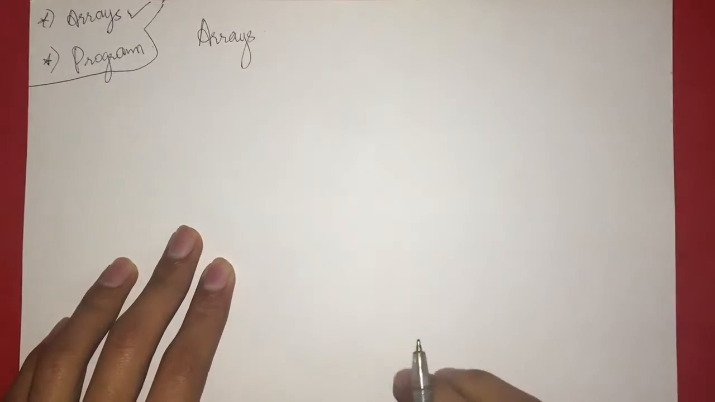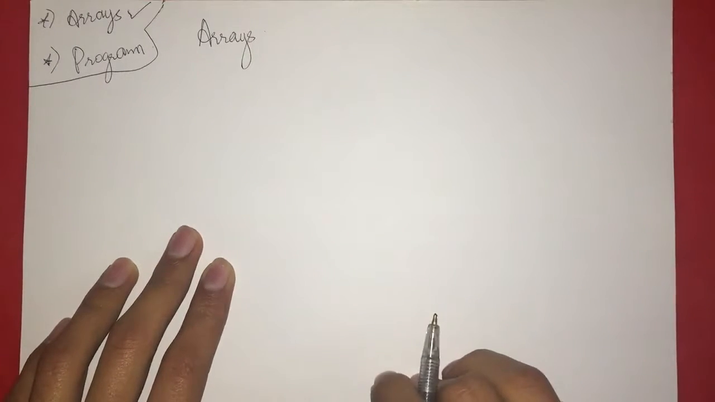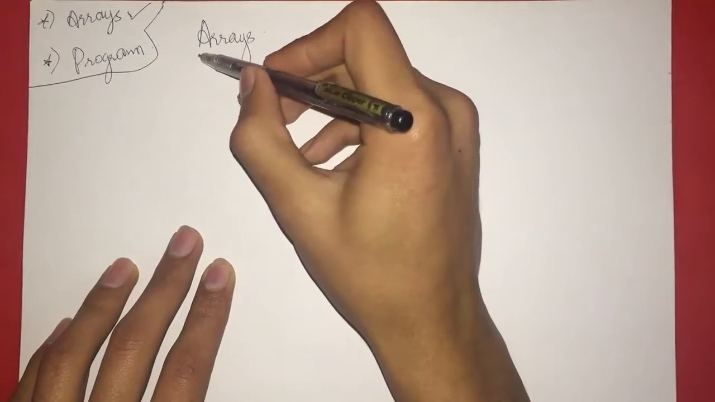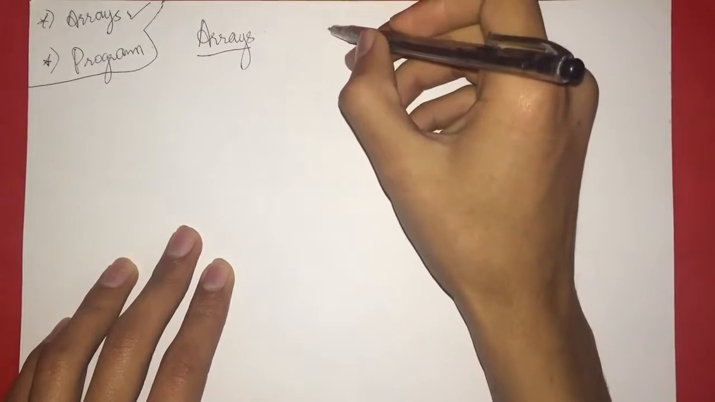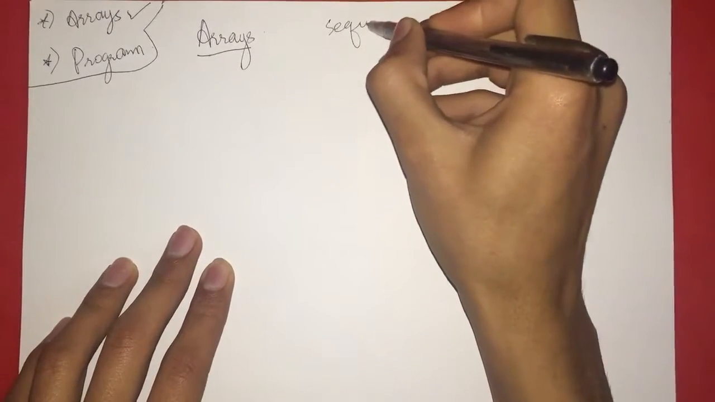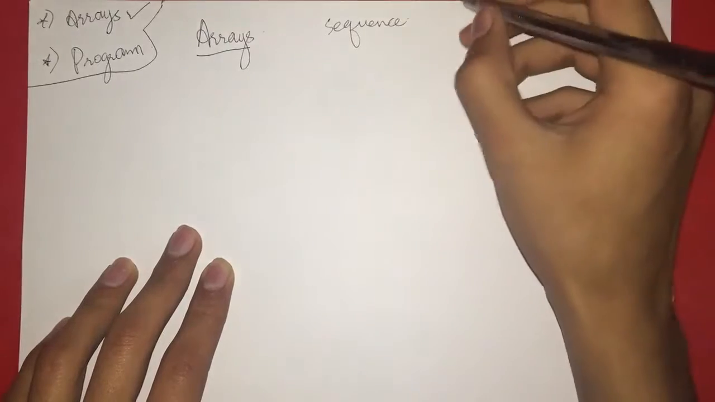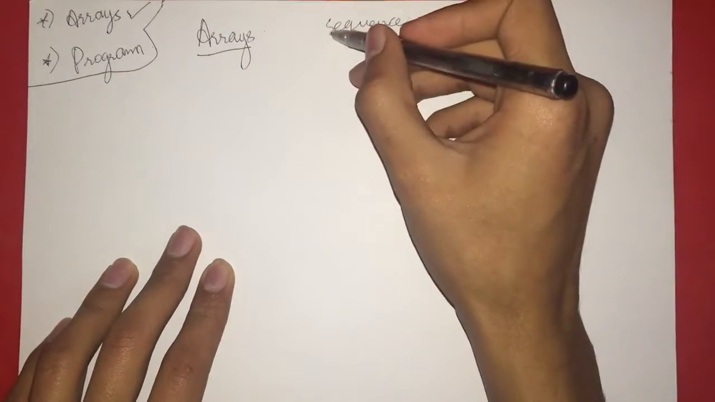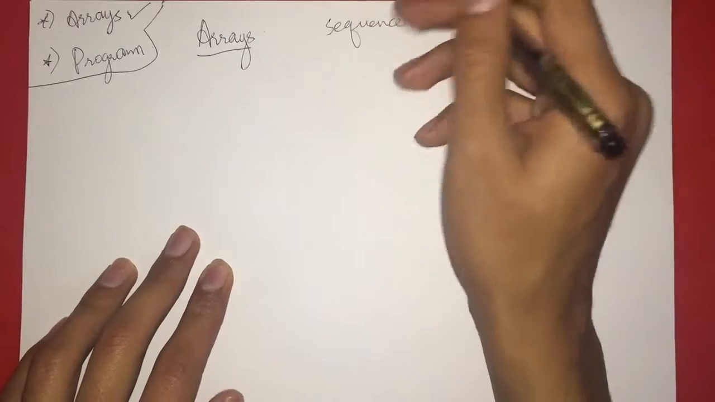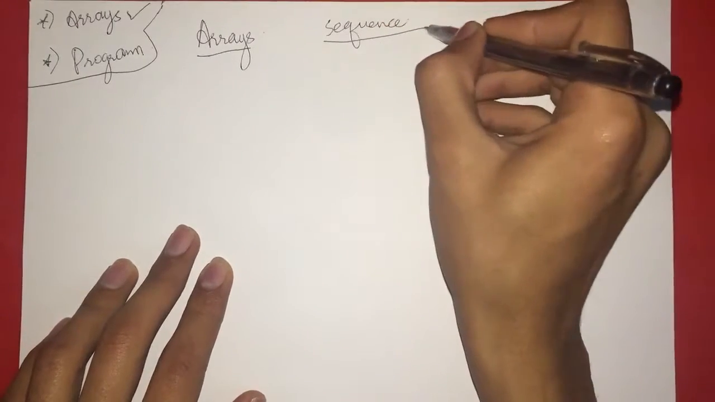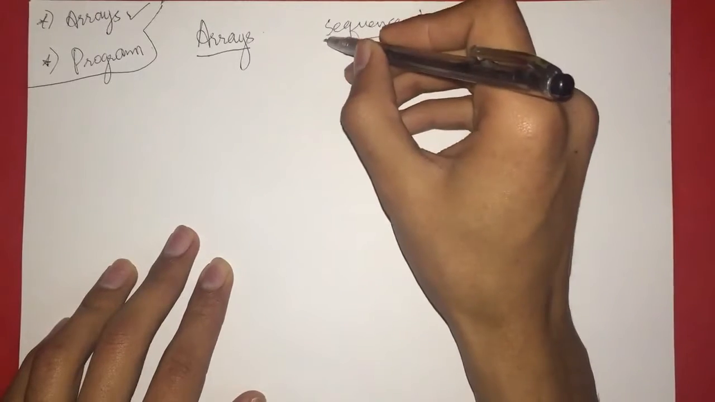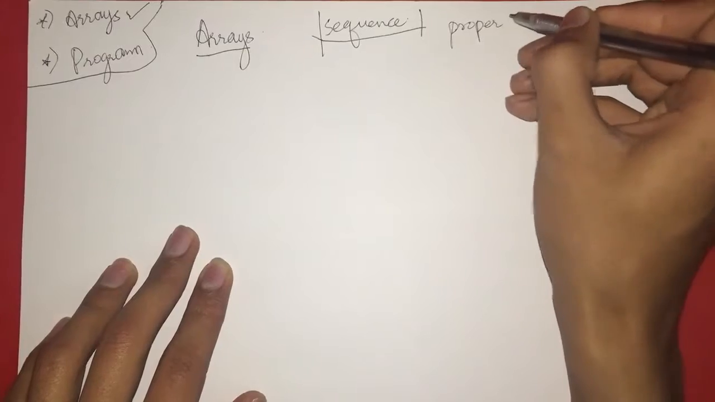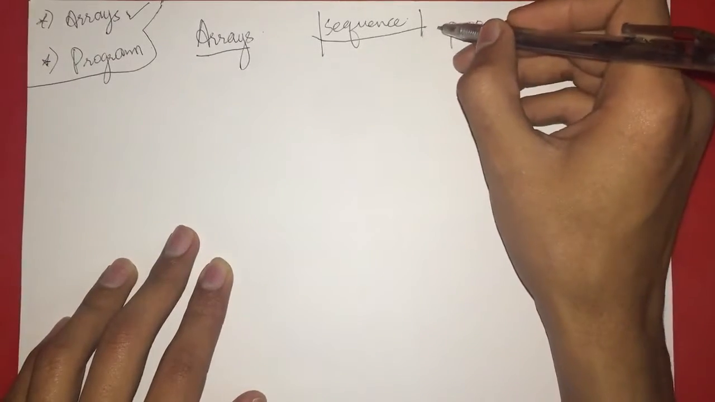Arrays. The logical or literal meaning of an array is a sequence, a fine or a good sequence of anything: numbers, integers, floating point, decimals. So a proper sequence of anything is called an array. So in C++,